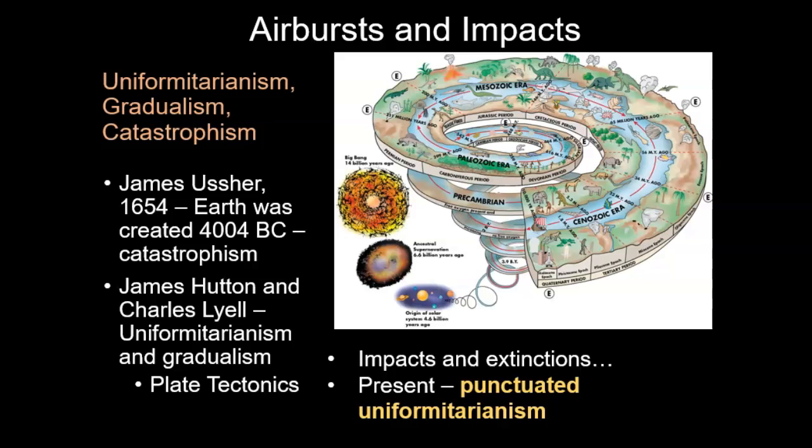and the Barringer crater also being studied as a new concept came, the name of punctuated uniformitarianism rose within the scientific community. So they believed that calling it punctuated uniformitarianism was a good way to say, okay, most of the time there is a slow process ongoing, or there are many slow processes ongoing, but every now and then there can be catastrophic events that can change the Earth a lot in a very short period of time.